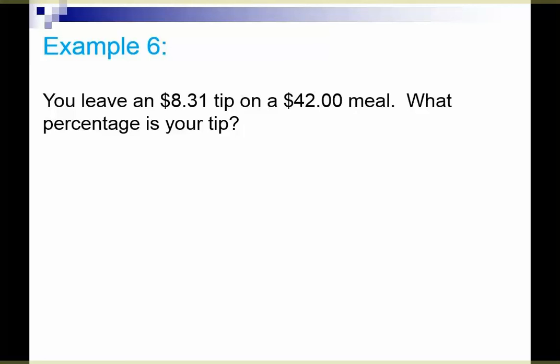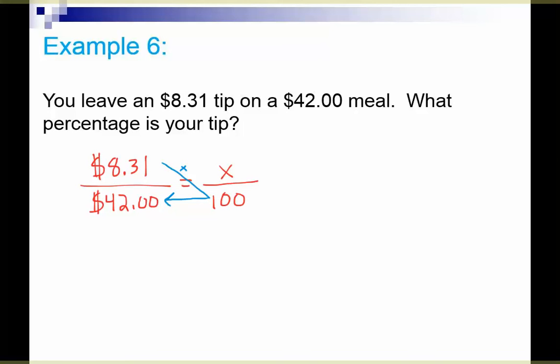Okay, we've got part out of a whole, so $8.31 is the part, and $42 is the whole. And basically I'm just looking for what percentage that is, so it's some number out of 100. And here's where your calculator really comes in handy. So these are the two numbers I know. You can type in 8.31 times 100, enter, and then divided by 42, or 42.00, enter, and that should kick out your answer. And I came up with